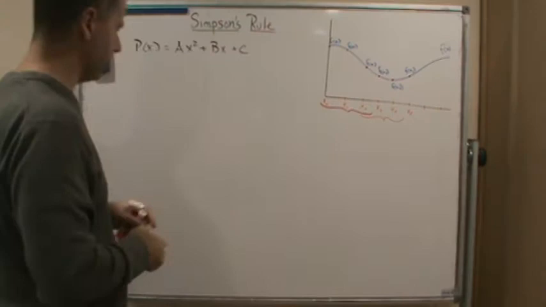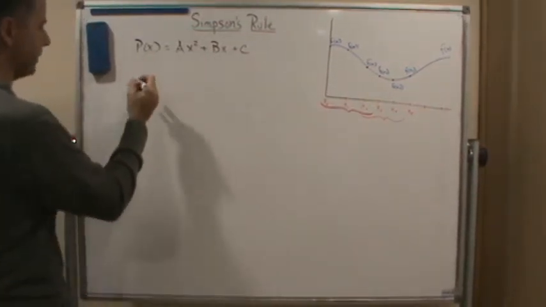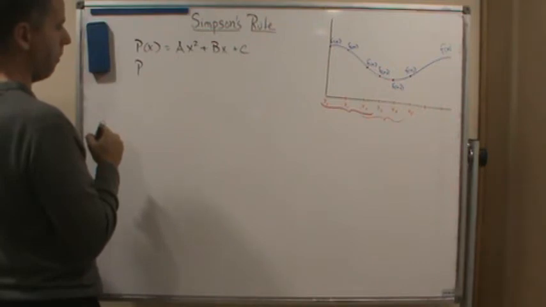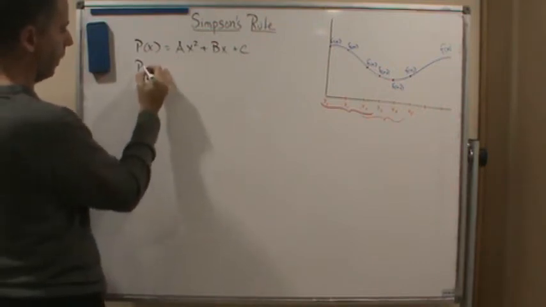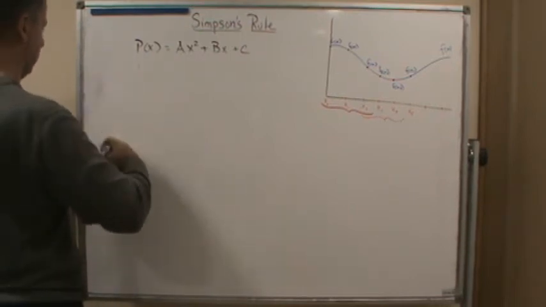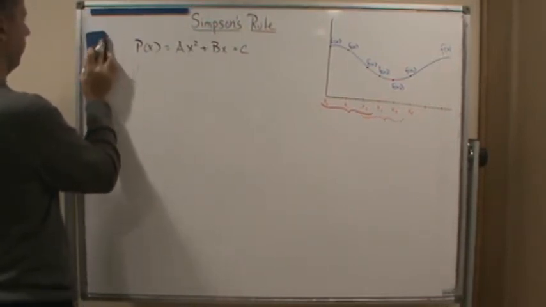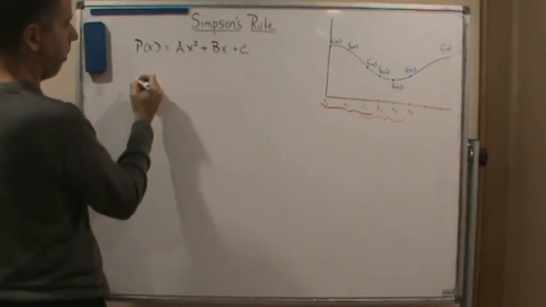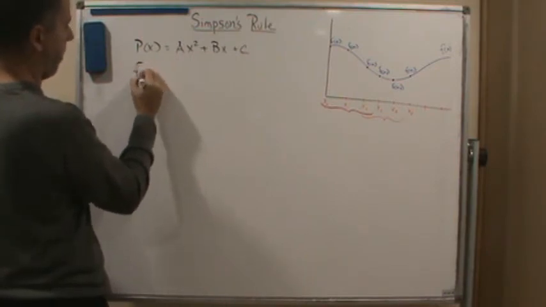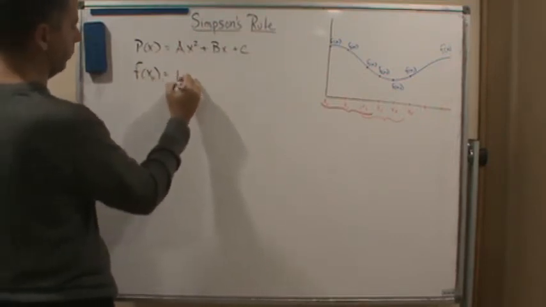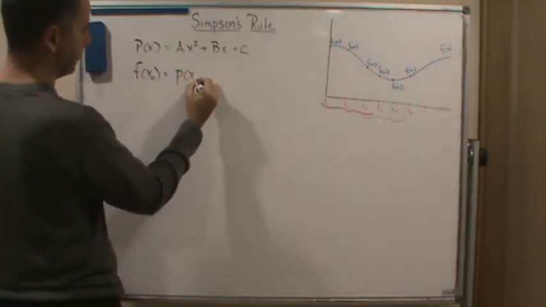So the takeaway is that f of x0 is going to equal p of x0,